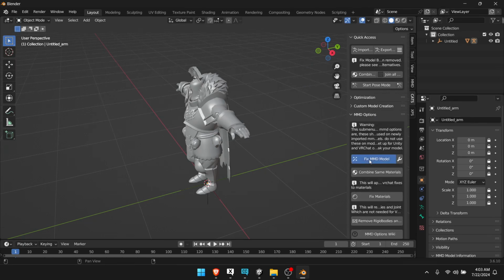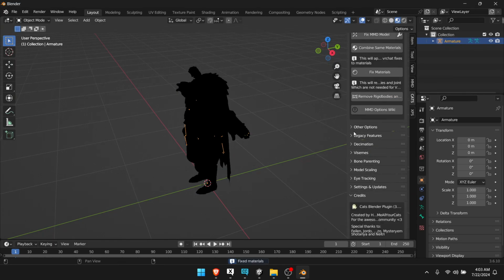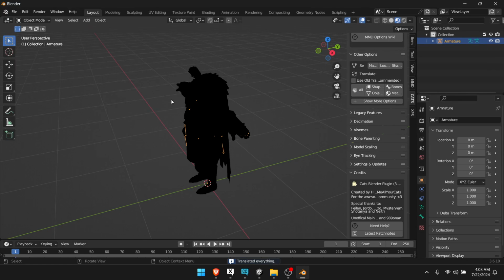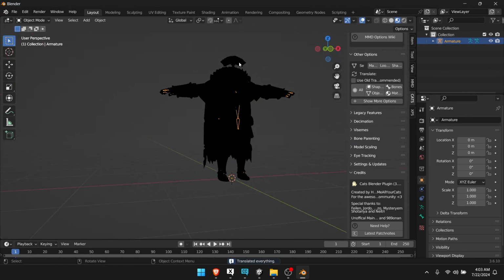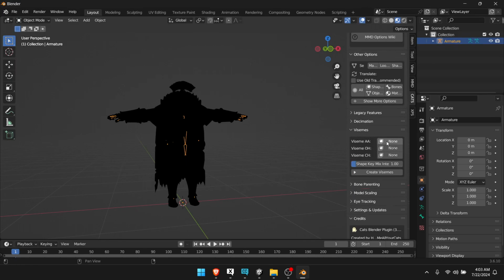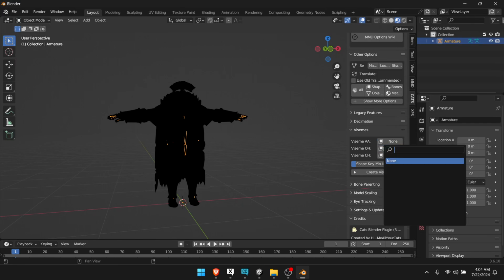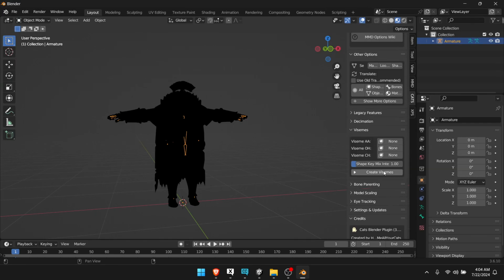Click on MMD options, fix MMD model. Now, if you did not get any warning messages, it means everything worked. Your model is completely fine to use for VRChat. Next, you can fix materials, other options, translate. If it's a humanoid, like an anime character or whatever, like it has mouths and eyes, you'd want to check the visemes just in case, and then make sure you match the visemes. So for example, viseme AA, you would want to look for AA, OH, and CH, and then click on create